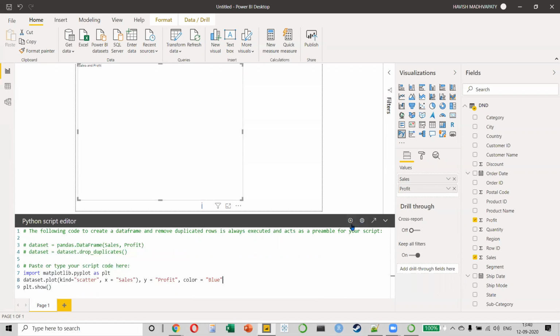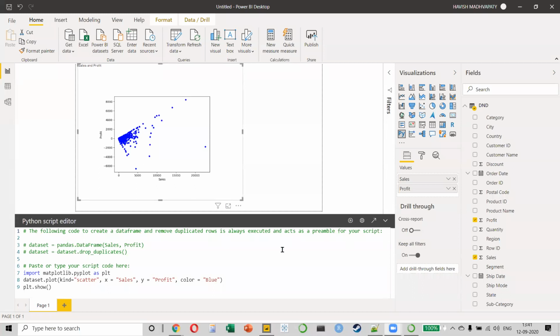So when I run this, there's some problem. Wait. Okay. So as you can see, I managed to create a scatter plot using Python. Yeah, thanks, Shadman.